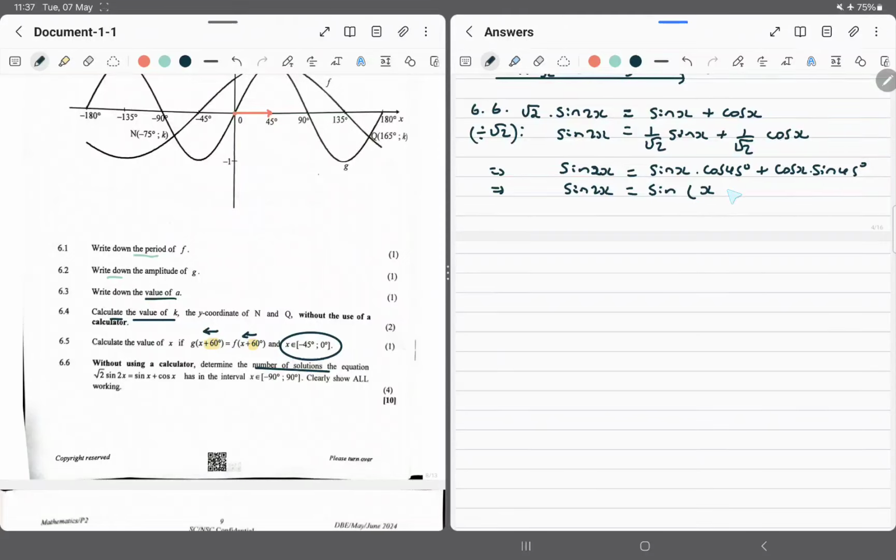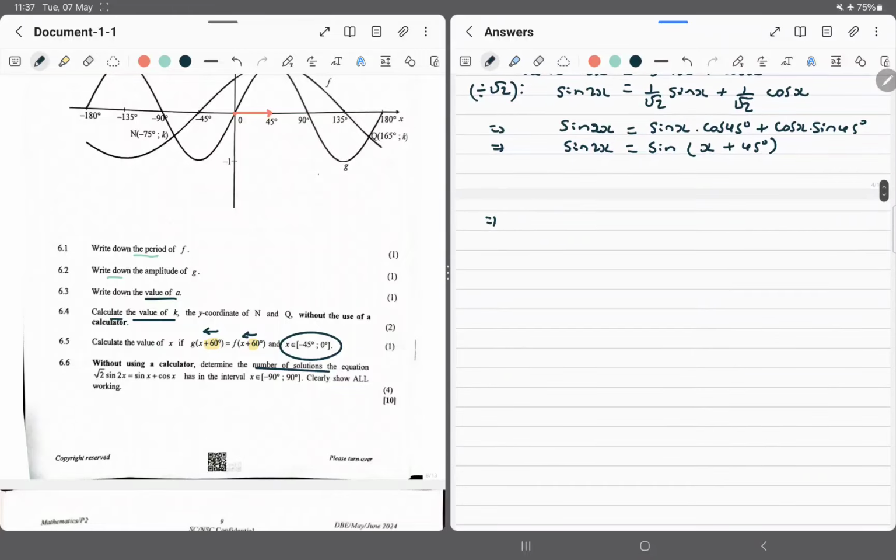This is going to be the first angle plus the second angle. Can you see? Now let's go. If sine of 2x is the same as sine of that, then it means these two angles are equal. So we know that 2x is equal to x plus 45 degrees plus k times 360 degrees